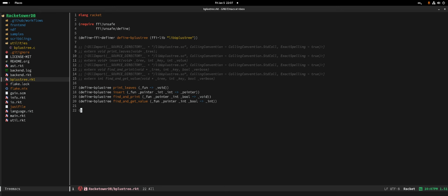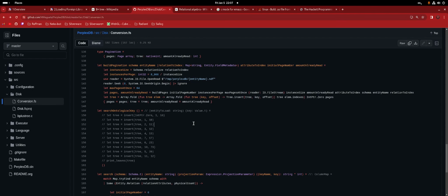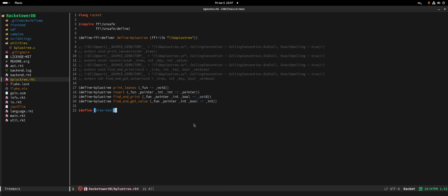So let's make a function to test this out. So this is gonna be a tree test. What is Magetta putting in there? Random values. Okay, so we're not gonna receive anything. And we're gonna do the following. So let's create, let's do a let.